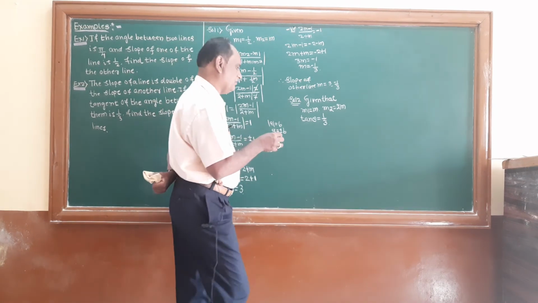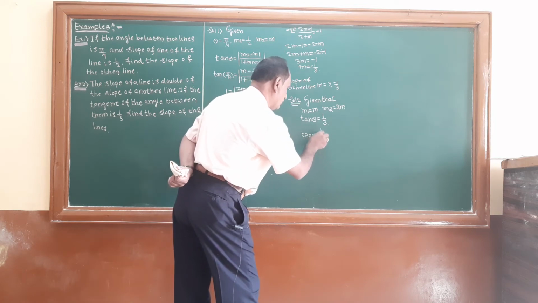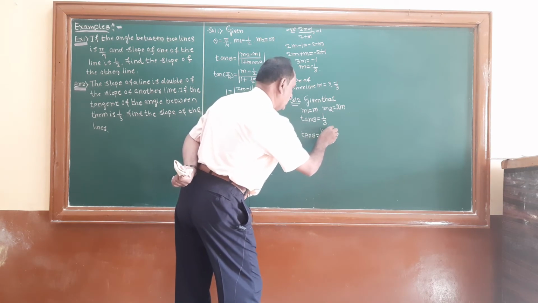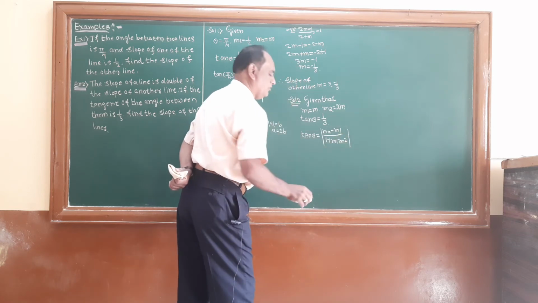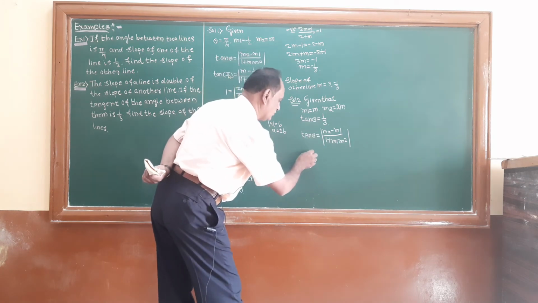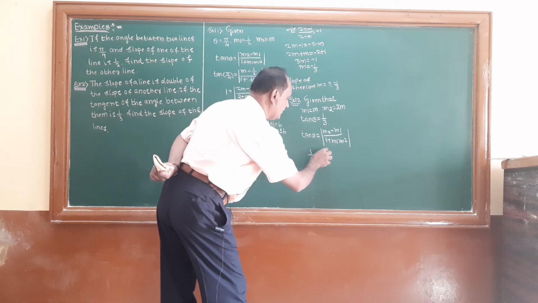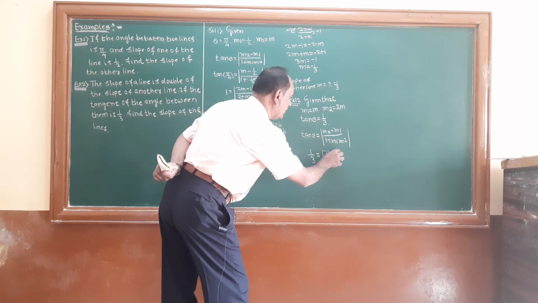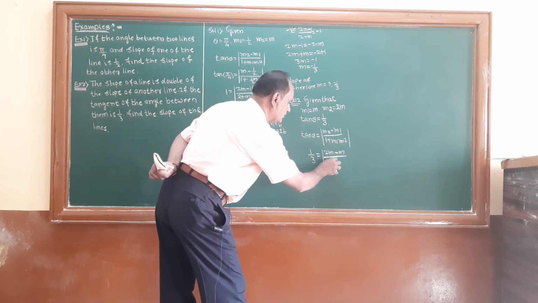Again you have to apply the same formula. We know that tan theta is equal to mod of m2 minus m1, this whole divided by 1 plus m1 m2. Again you have to substitute the value. The tangent of the angle between them, tan theta, means 1 by 3. So 1 by 3 is equal to mod of m2, that is 2m, minus m1, that is m, this whole divided by 1 plus 2m into m,